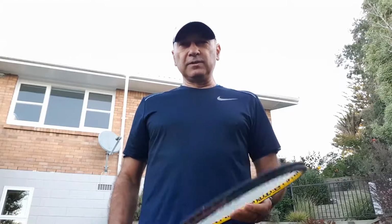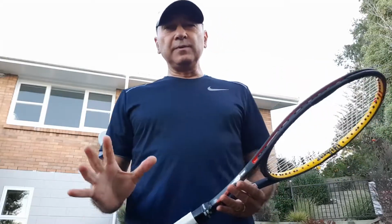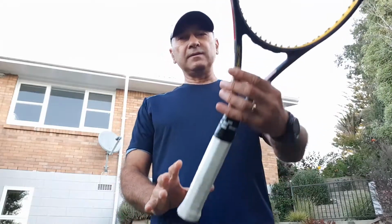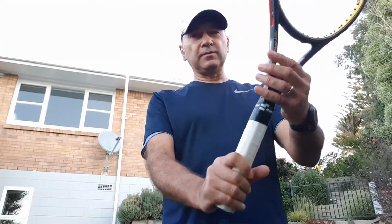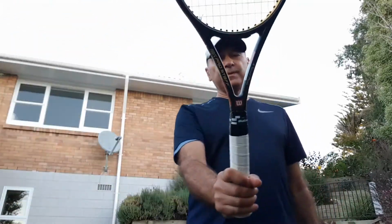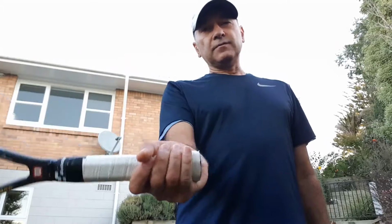And my solution, which works for them very well, is really not to change grips, but you will look a little awkward on a court. So I think for the people who have no trouble having the forehand grip like this, which is more like an Eastern forehand grip,